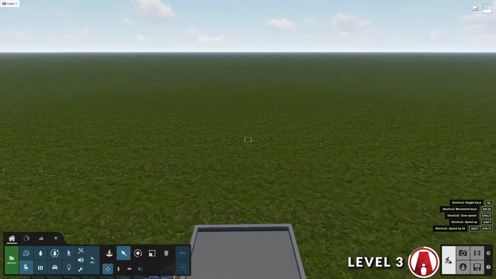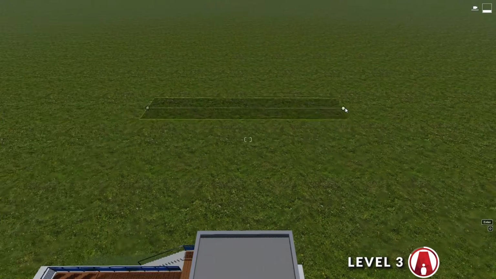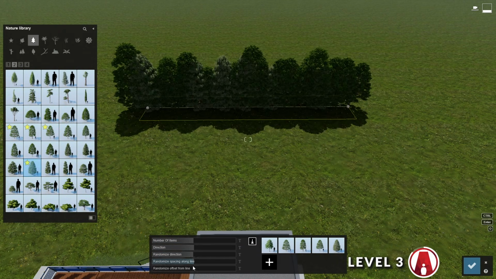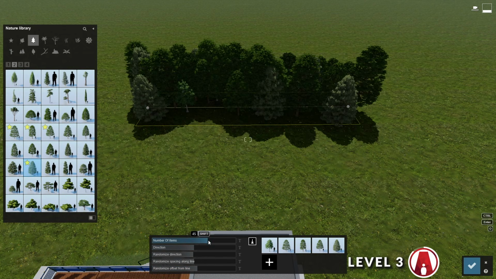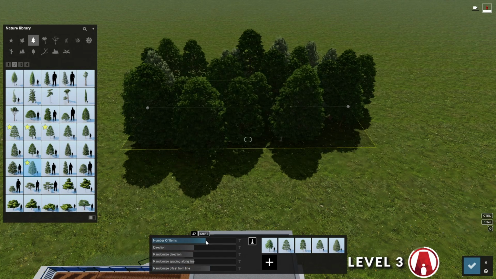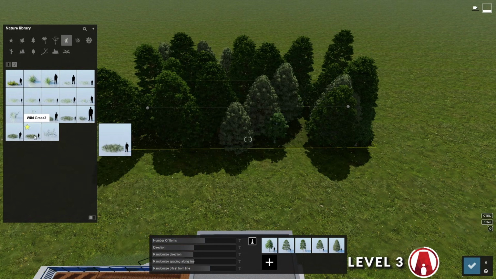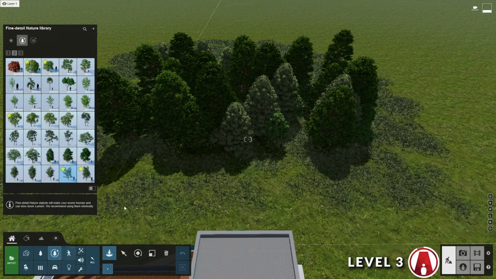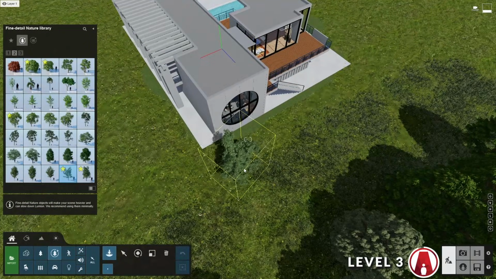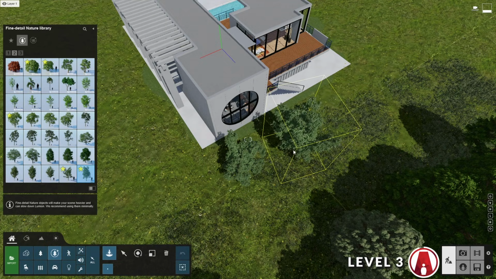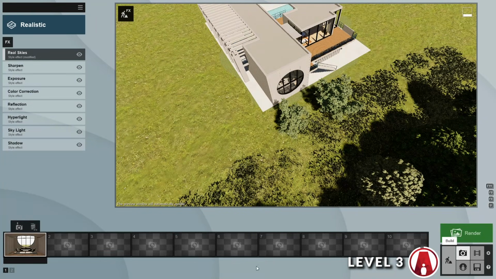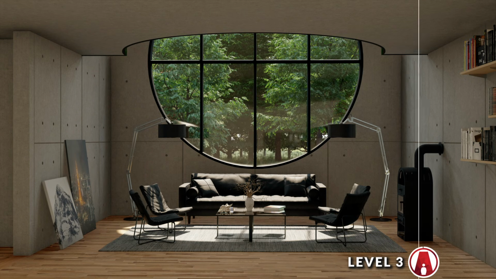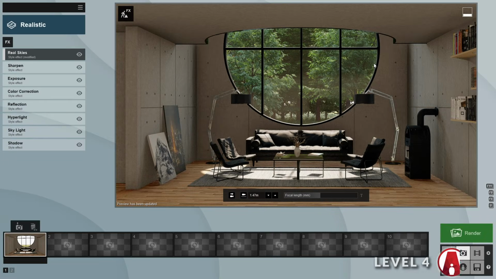Similar to the foreground and any other parts of our scene, the background is also very important. Here I'm using the mask placement tool to add some trees. This will help me quickly place multiple types of trees at once. Then I'll add some grass patches with the paint tool as well. And I'll use Diffy Detail Nature Assets for the trees that are close to the window so it looks better. As you can see, adding some trees outside the window can provide some context for the viewer and make the render more realistic.